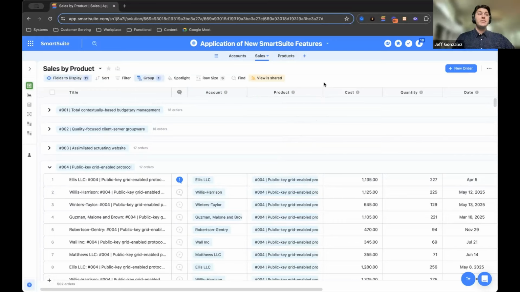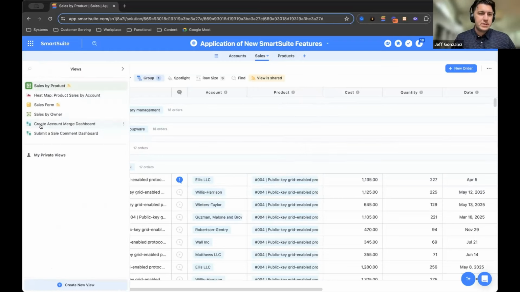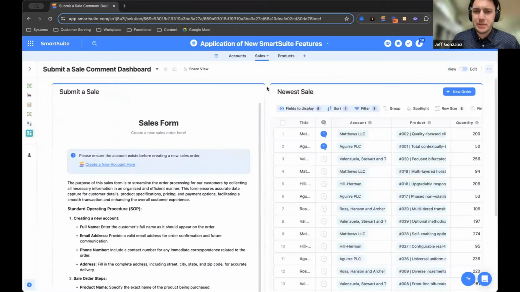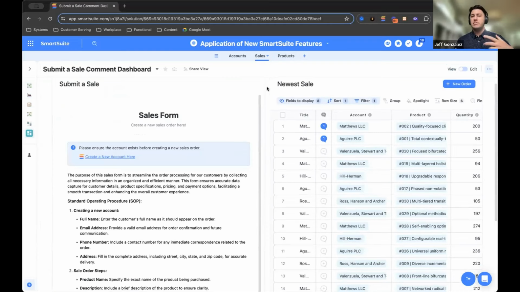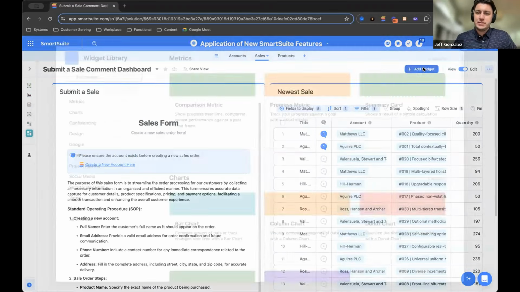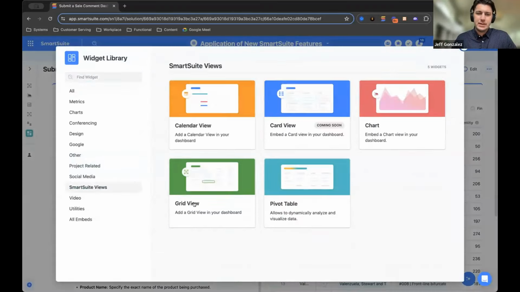Now, without further ado, I'm going to dive into some of our new automation functions. Actions specifically, the first one that I'm going to talk about is the ability now to create a comment. And so I will first go ahead and just show a dashboard that I built here. Emma's going to talk about some of these things that we built here for this sales form, right? But basically, this is a collection of two widgets. It is a form, and then it is a grid view of